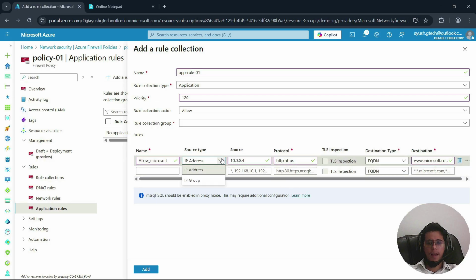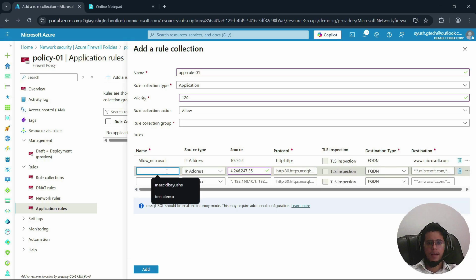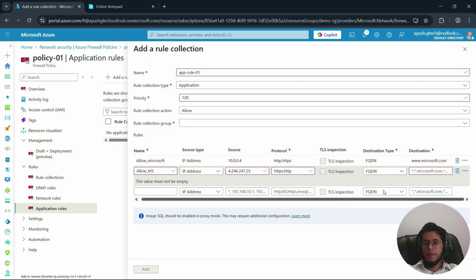Then after that I'm copying this one, pasting it in here and here I'm writing allow Microsoft again, because in the first one I have given www.microsoft.com and in this one I am going to give Microsoft.com only.